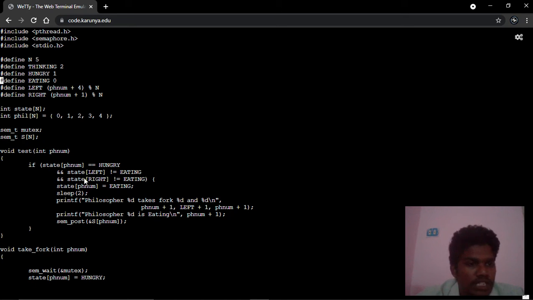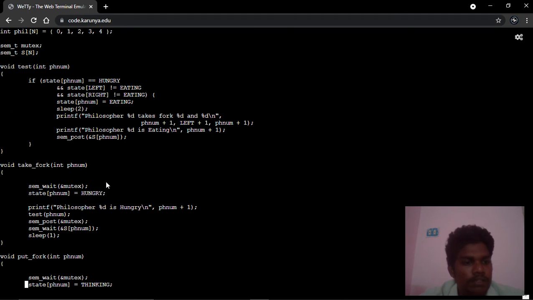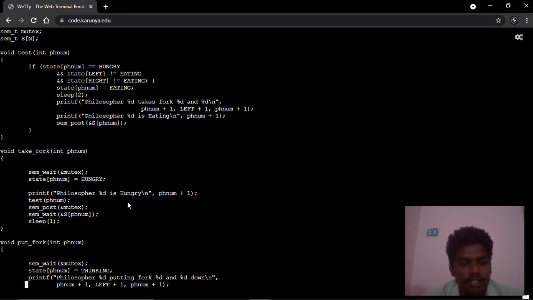Here we have the test function, which gets the number. The state of the philosopher is hungry, eating, left eating, or right eating. If the left side or right side person is eating, we wait for some time until the sticks come. Then take fork means the philosopher is hungry.